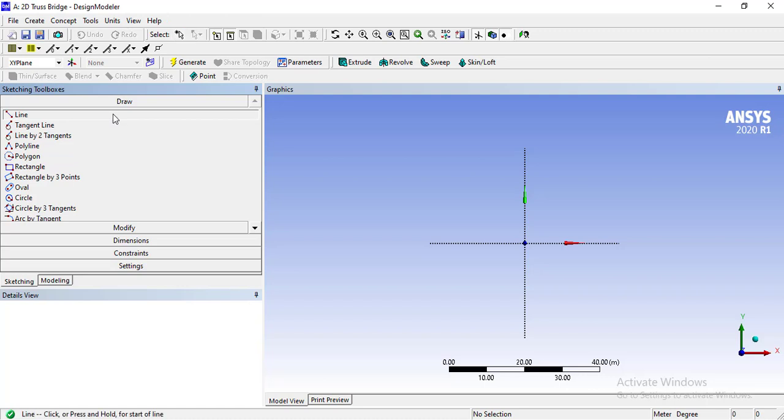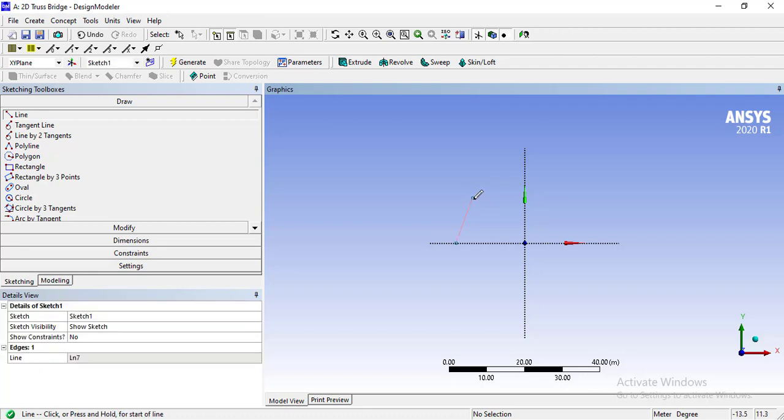Take a line command and draw an arbitrary line starting from the x-axis and terminate it at an arbitrary angle here. Now again start a line from here and terminate it on the x-axis. Then again start a line and terminate it on the y-axis.